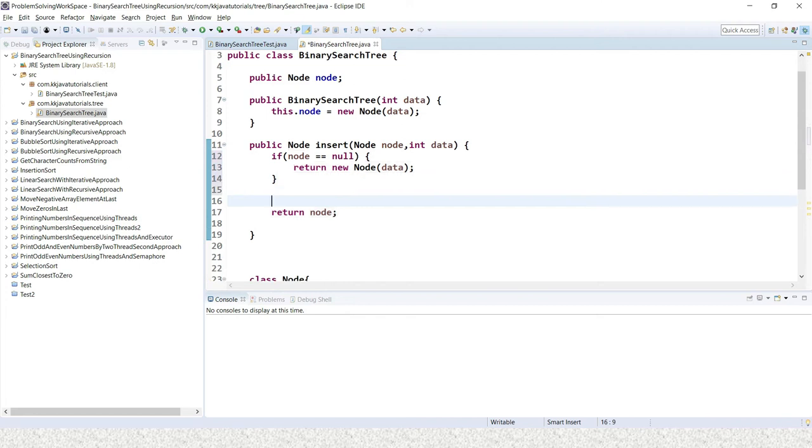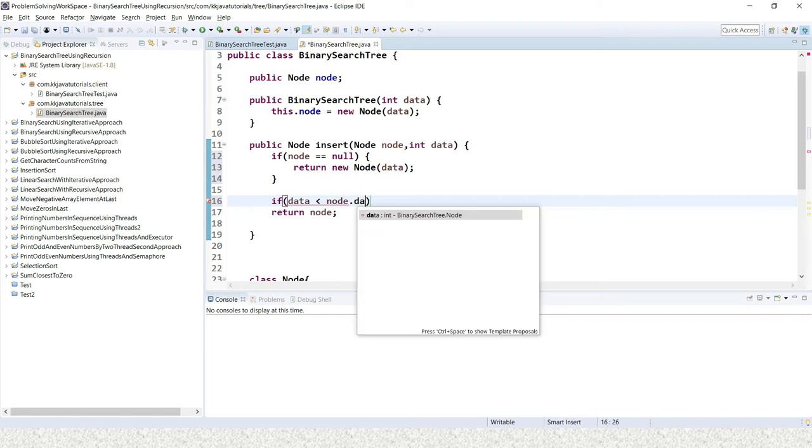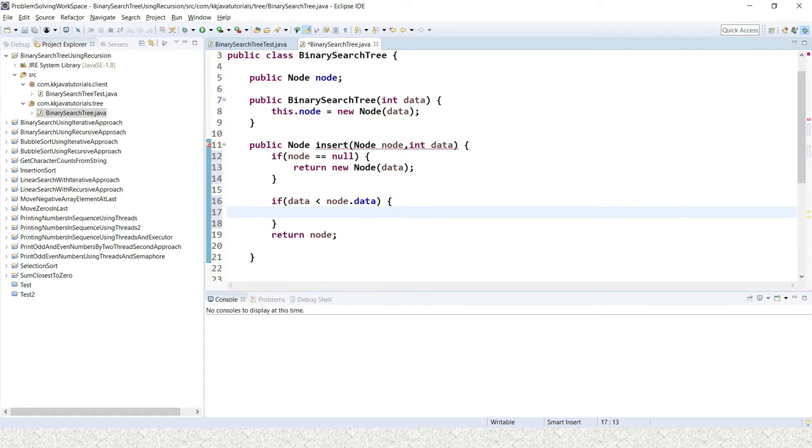If you look into the binary search tree, all the elements which are less than the root node will go into the left subtree, right? So here you have to write if this data, whatever data is coming, is less than node dot data. If that is the case, then what will happen?